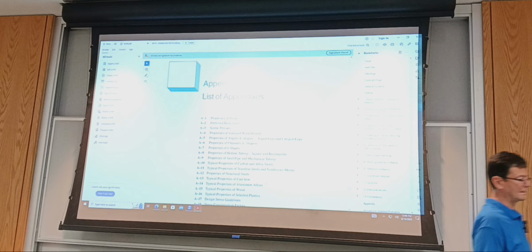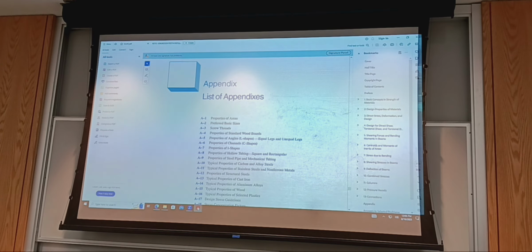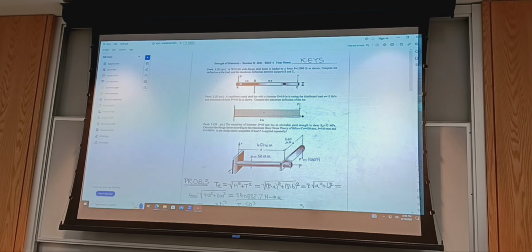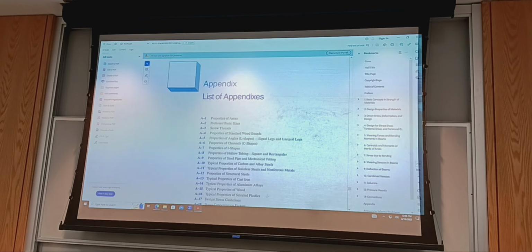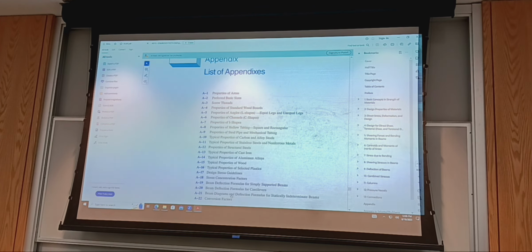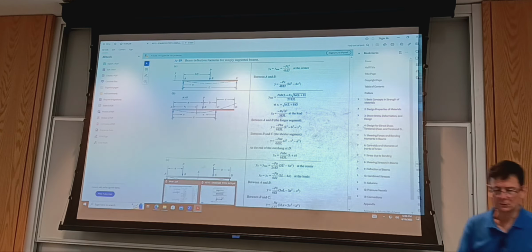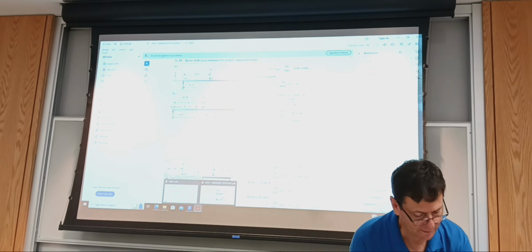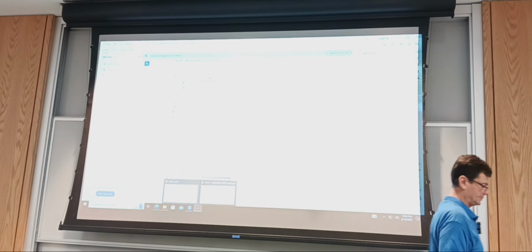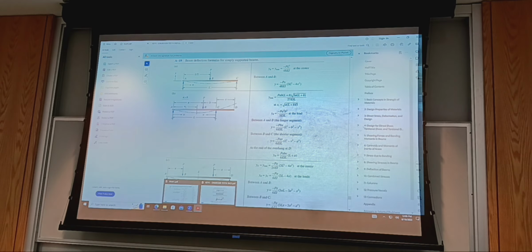So we discussed the solutions to the last test, and for problem 1, this is a case that's documented in the appendix, the back of the book. So this is a simply supported beam. If you look, you have the exam paper in front of you. So it's a supported beam with overhang,